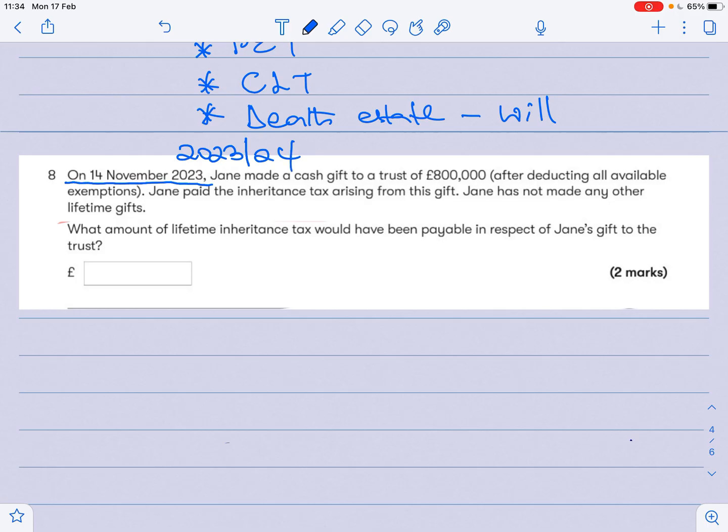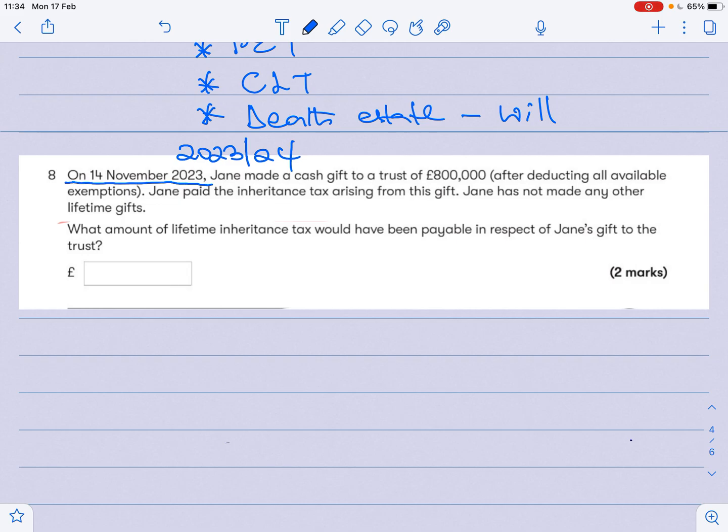2023-24. Okay, and in case you are struggling with this, how to trace a date to a tax year, I have a YouTube video on this, so please do well to check that out. So in that particular video, I explained how you could trace a date to its tax year. So going back to the question, on 14th November 2023, Jay made a cash gift to